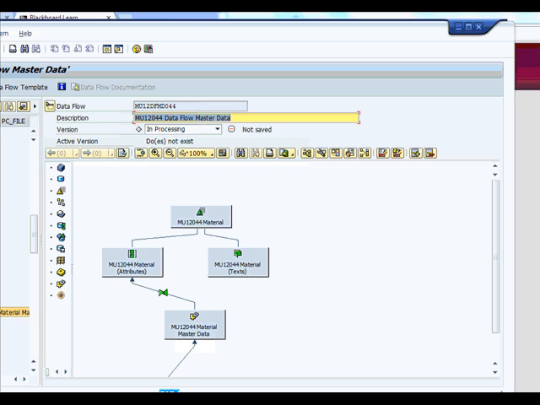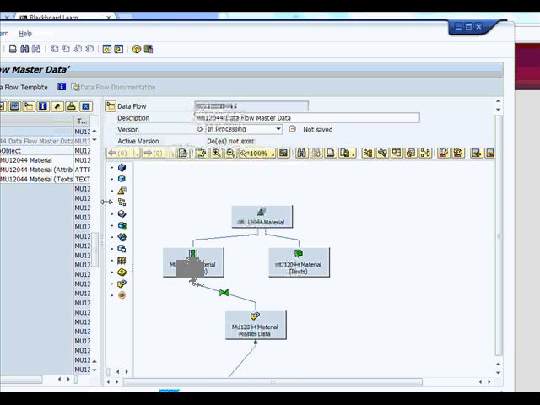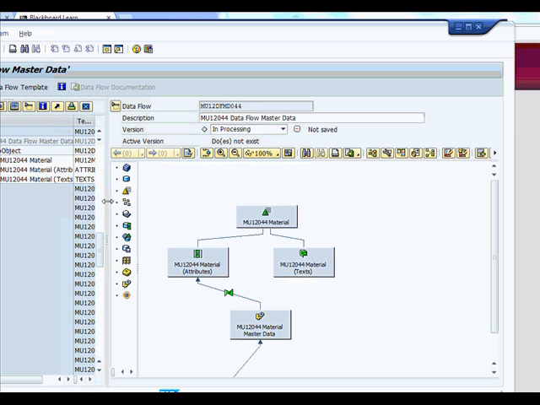So now when you click on the data flows, under your data flow you should see info object, and now when we click on the data sources,